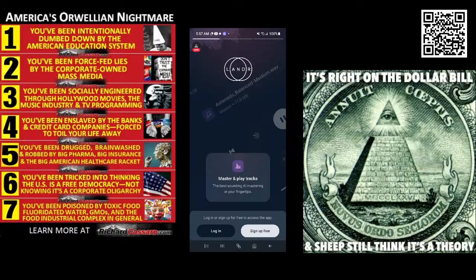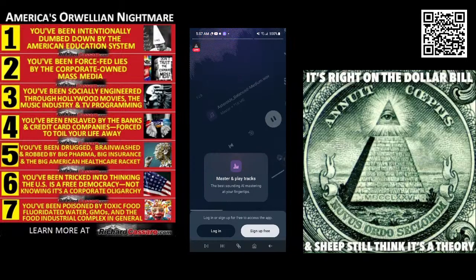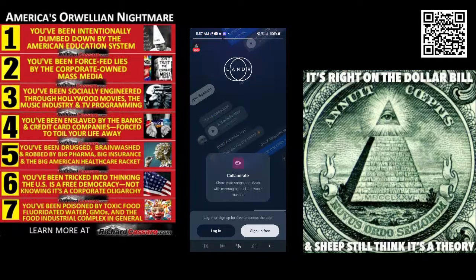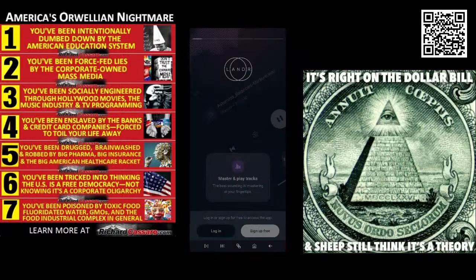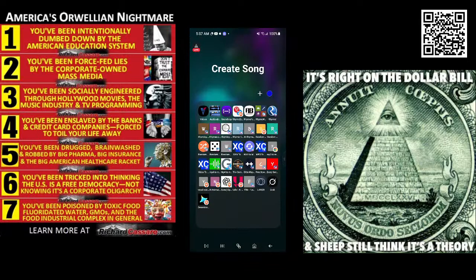Oh look, it says sign up for free, log in. No, I don't want to log in. Oh, it's not even going to let me in. Alright, so I have to log in. You see, it's already giving me a problem. I don't even remember it doing that the last time I was using it.